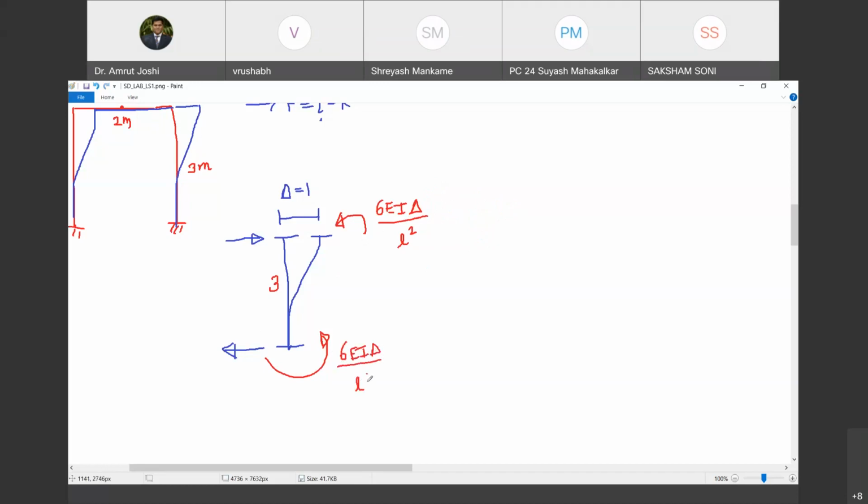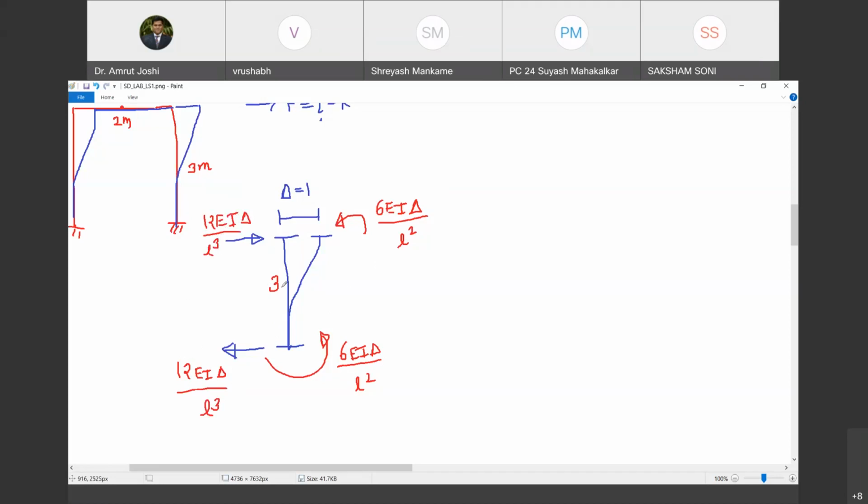And then how do you compute these reactions? For that, you're aware that we have to make the algebraic sum of these two moments. That turns out to be 12EI delta upon L square, and divide it once more by L. So these reactions are going to be 12EI delta upon L cube. Do you remember this? If not, just go back to structural mechanics and you will get all these formulations and derivations there.